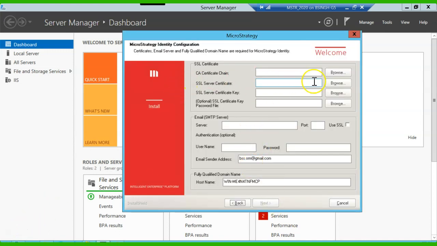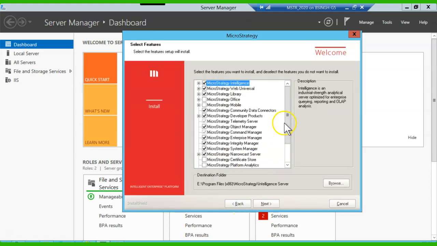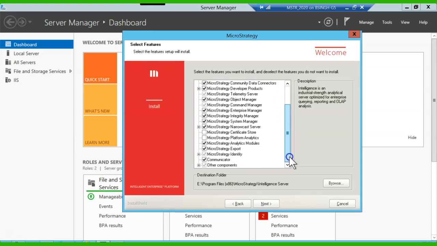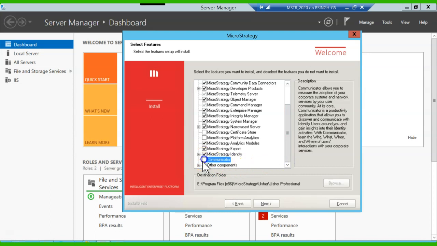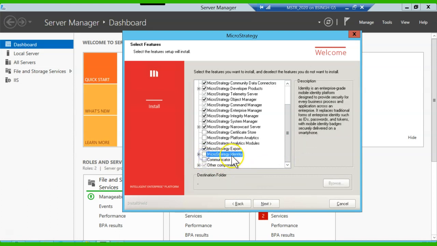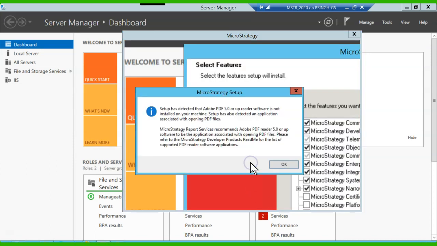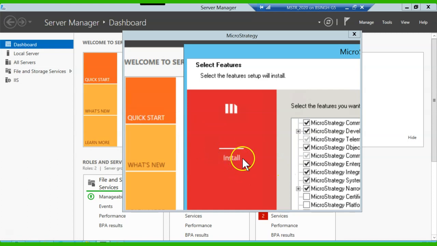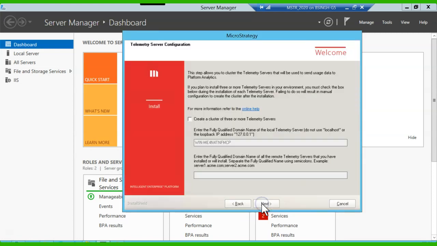Okay, so it's giving you, oh, sorry, I've selected the SSL certificate in my features. I have to uncheck them also. Let me go back. So I have unchecked these features as well. Otherwise, I have to put in that information, and I'm not going to use those features right now. So I have unchecked this feature as well. Click on next. Okay, create a cluster of three? No, I'm not going with clustering features.